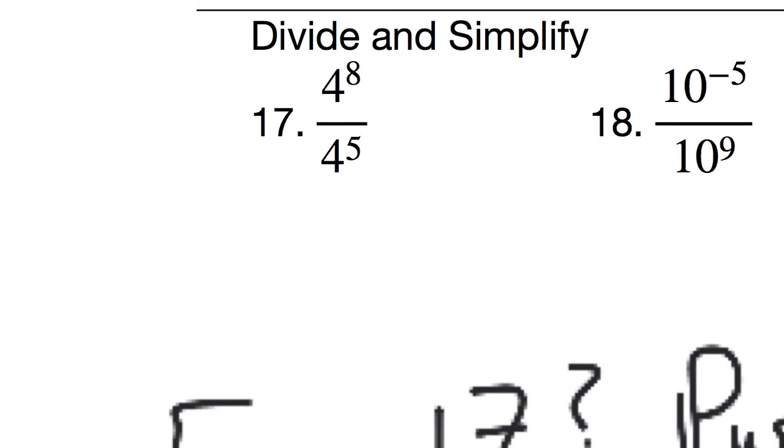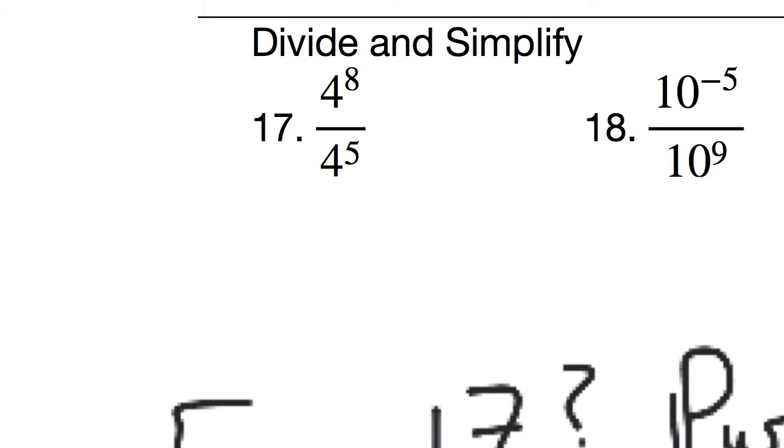17, divide and simplify. Well, before we had multiplication, and that was add the exponents. Here we're going to have division and subtract. So this means 8 minus 5. And actually, if you write out all the different 4s, 8 of them,